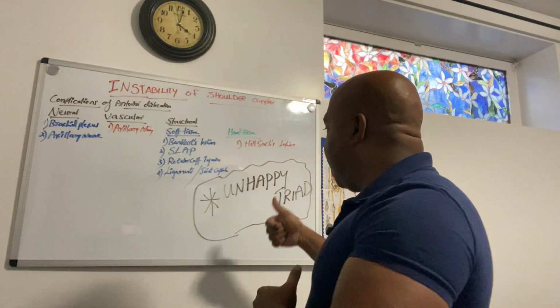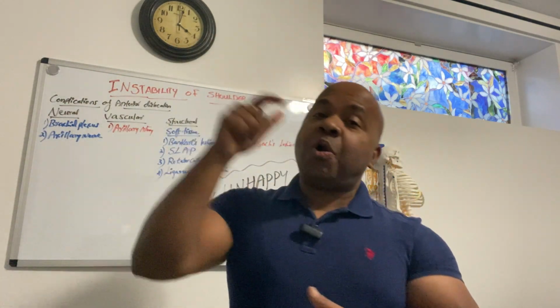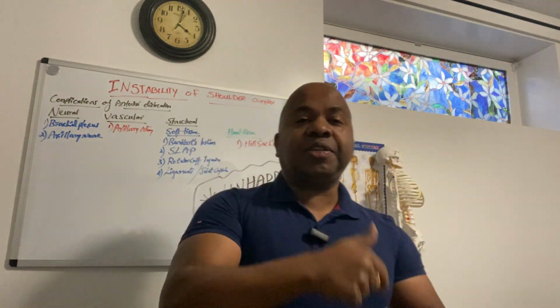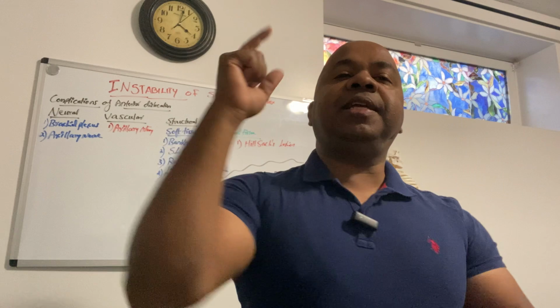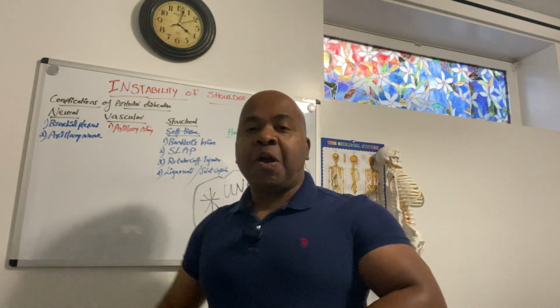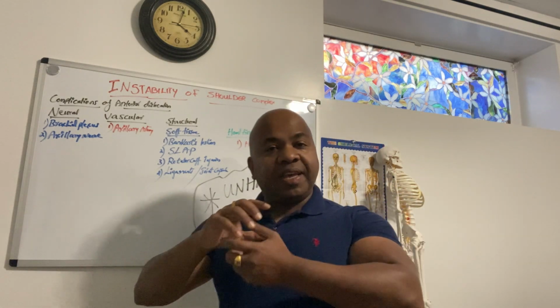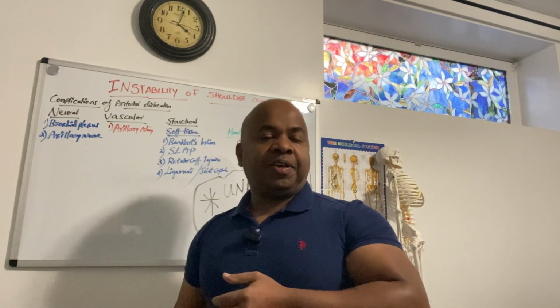Same like the unhappy triad at the knee joint, there is also an unhappy triad occurring at the shoulder joint when there is an anterior dislocation. What is that unhappy triad at the shoulder joint? So when there is an anterior dislocation,